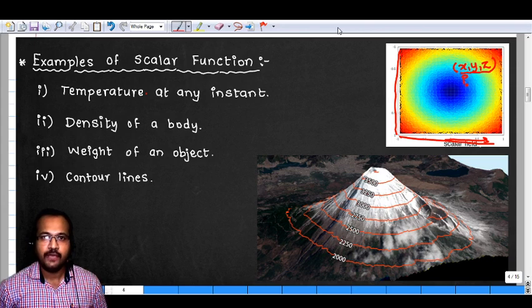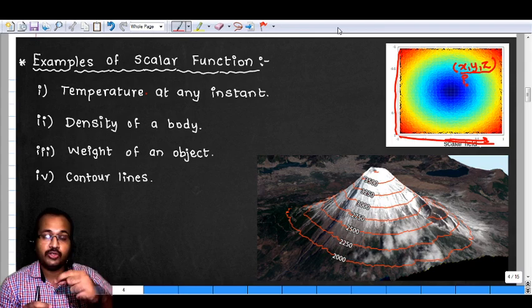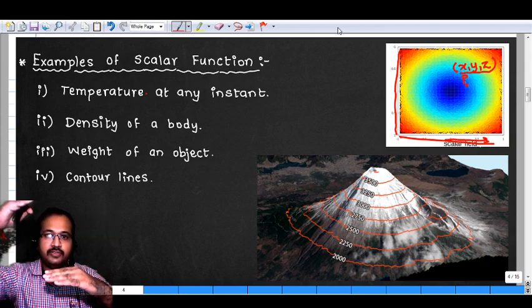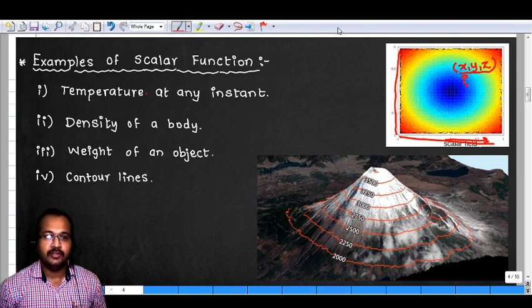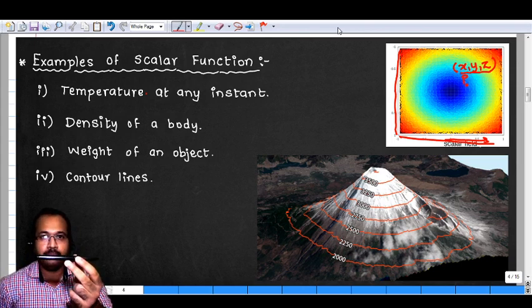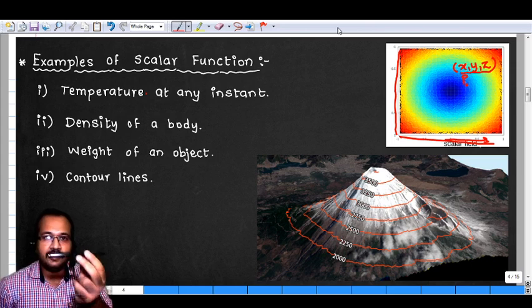As you change your position within it, you will get the same value of density. In other words, if we consider air density about the surface of the earth, air density is equally distributed along the surface. But as you change your position, if you go away from the surface, then the value of air density goes on decreasing. That means air density is a scalar function. Same is the case with the weight of an object. If you consider any object, it has a specific weight. If we say the weight of this object is 50 grams, then that number 50 will give us the complete idea about the same.